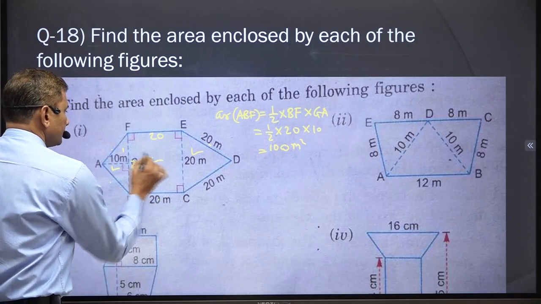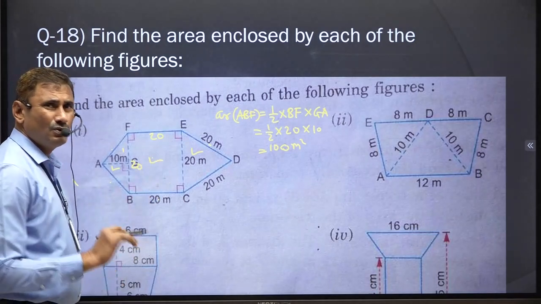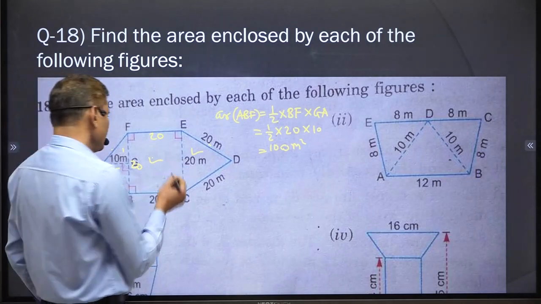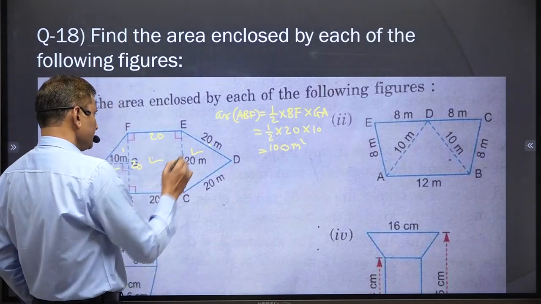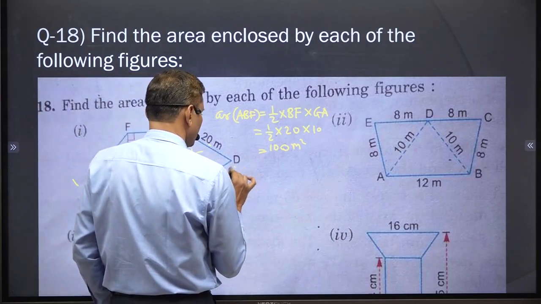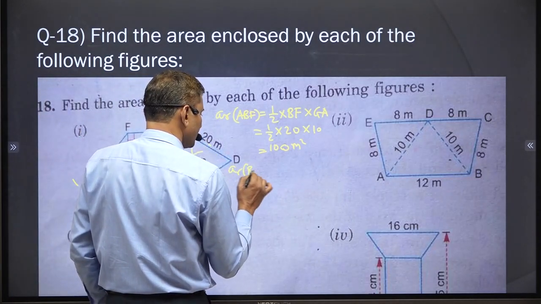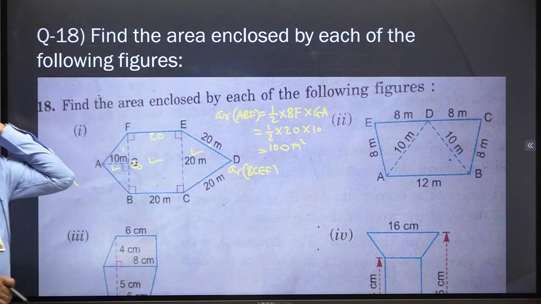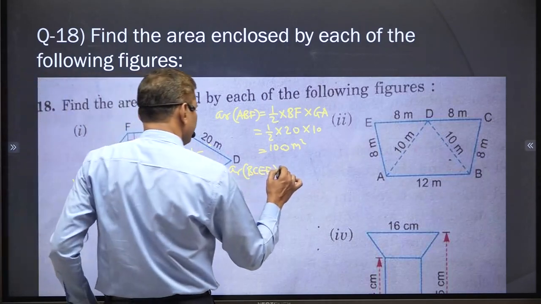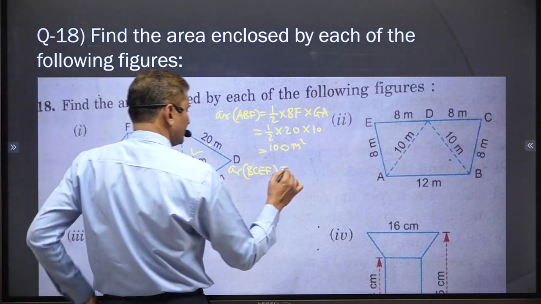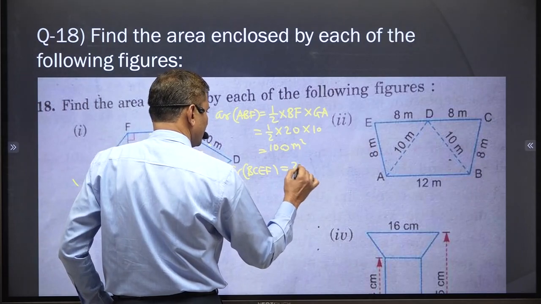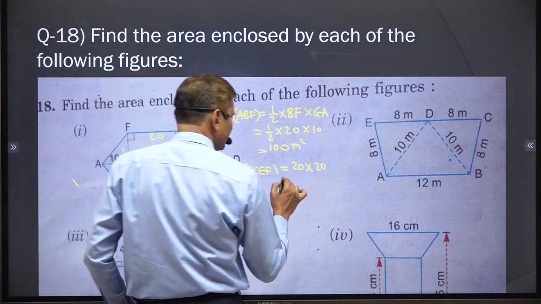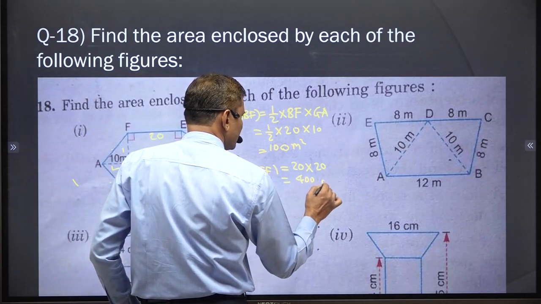Now use this one. It is a square. Now no need to specify how it is a square. It is clear. So now use the area of, sorry, not the area of a triangle, but the area of square BCEF. So it will be 20 square, 20 into 20 directly. Otherwise, like BC square, CE square, any one side square. So it is 400 meters square.